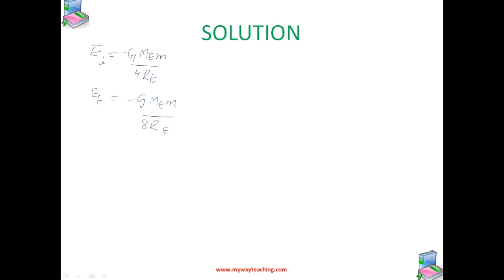So a change in the total energy is given by delta E, that is equal to EF minus EI, isn't it? So if you do EF minus EI, we get